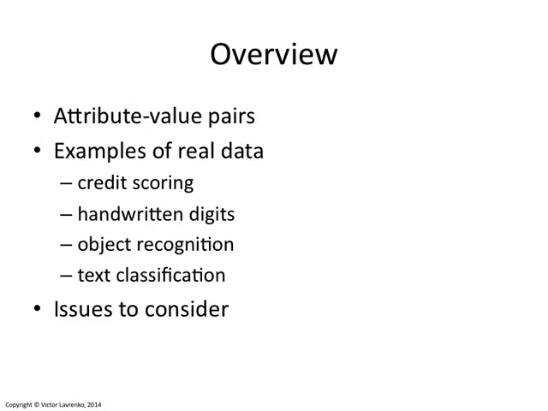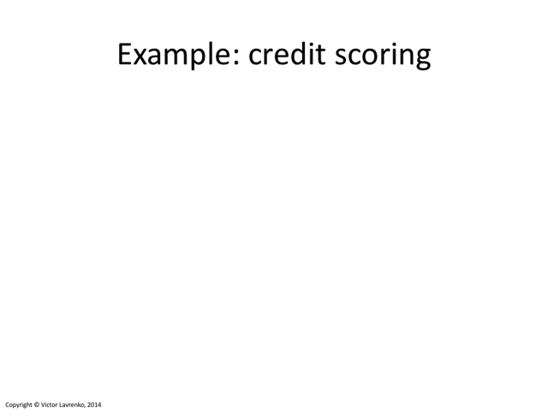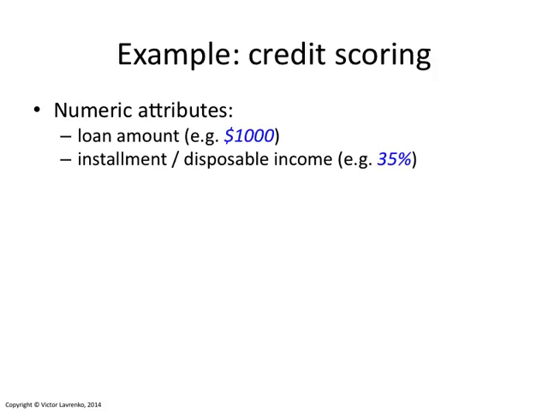Now let's look at some examples of real data, the data sets that you have for different tasks, and how the individuals, the instances, are represented in those data sets. So the credit scoring data set, we've pretty much covered it, and the representation there is pretty straightforward, right? So the goal in a task like this is to decide whether you're going to loan money to